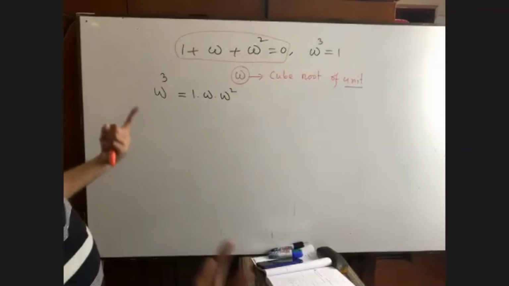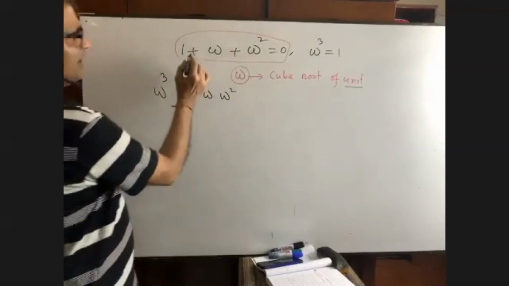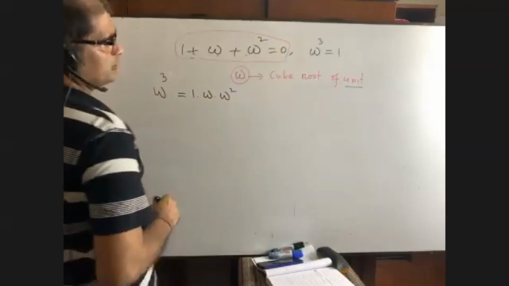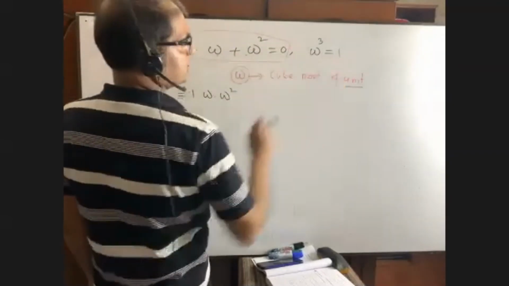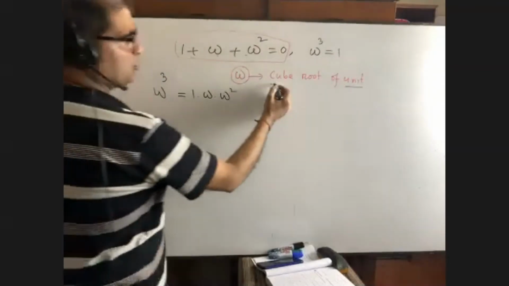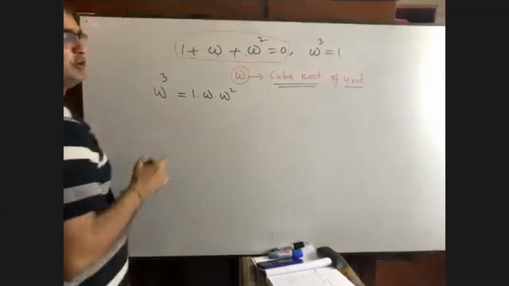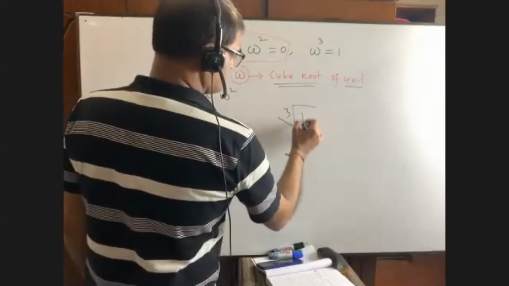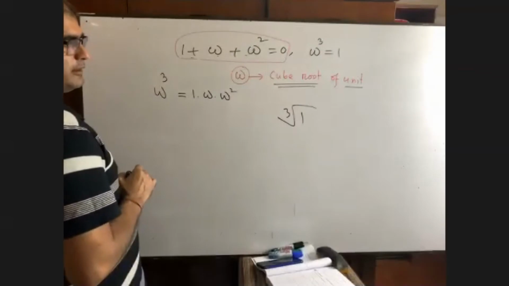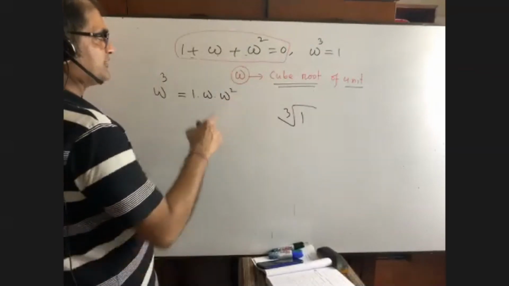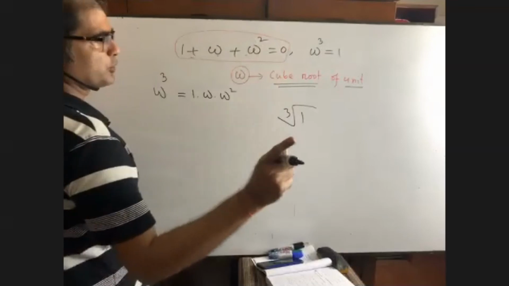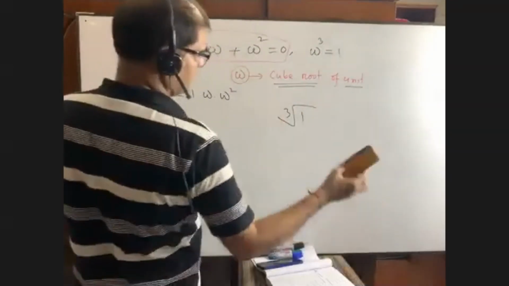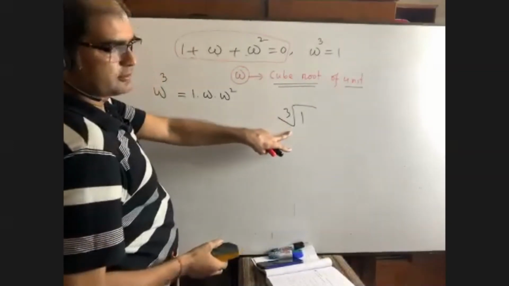Yes, sir. Actually, the sum of the roots is 0 and the product of the roots is 1. I mean cube root, I am telling for the cube root of unit. Unit means 1. It has 3 roots. Their sum is 0. Their product is 1. This is the basic thing. It has 3 values.